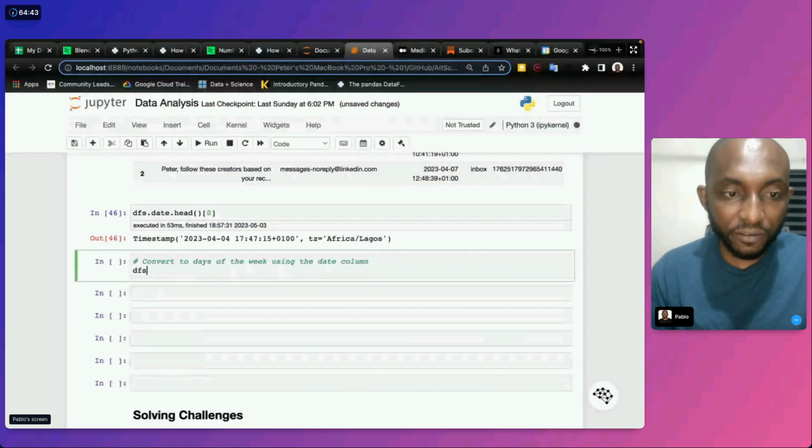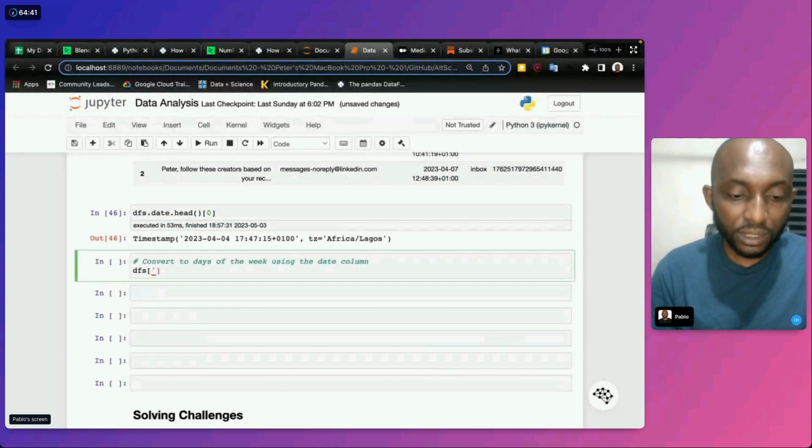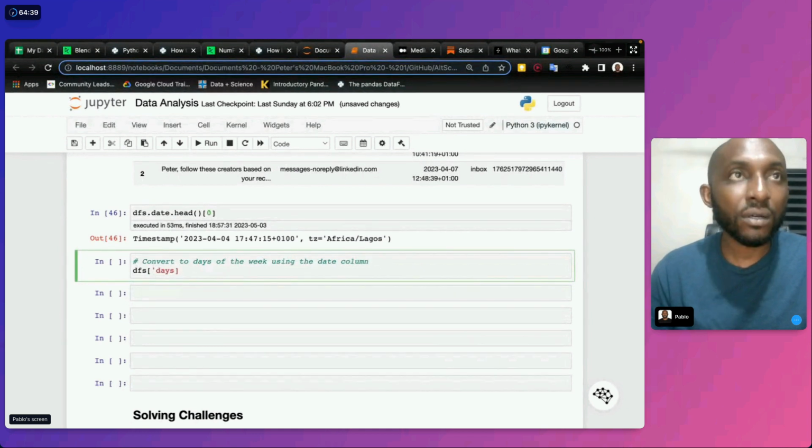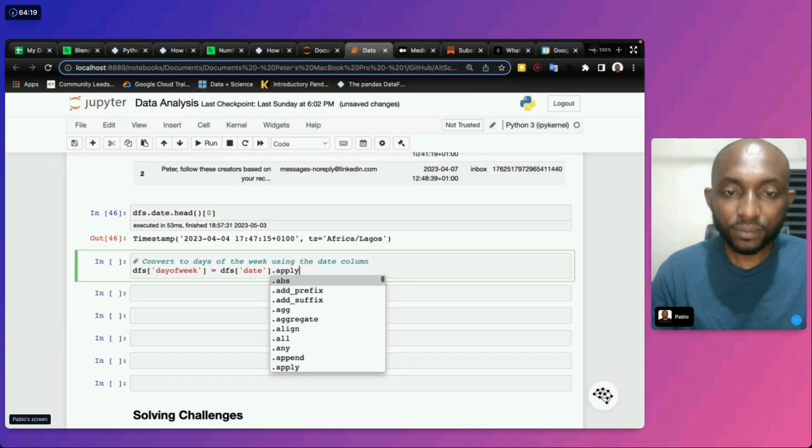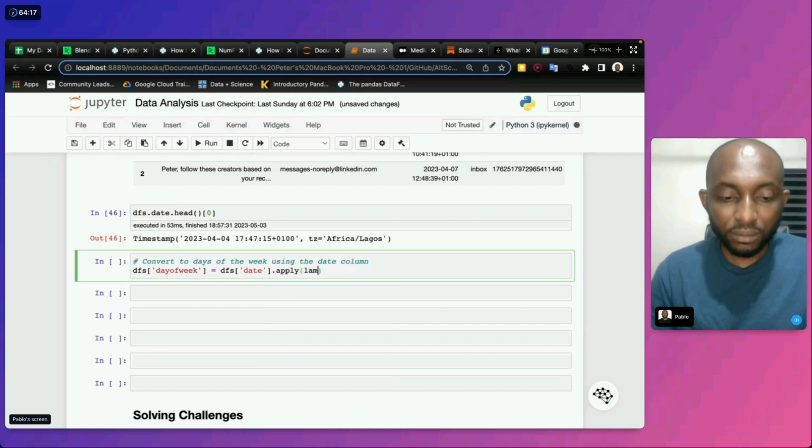So we can create DFS, and then we'll call this day of week, and then we're going to extract this from the dates, and then we apply using Lambda, Lambda x.